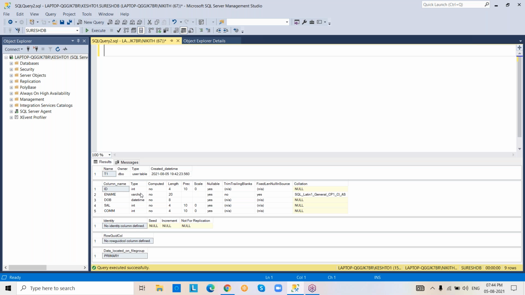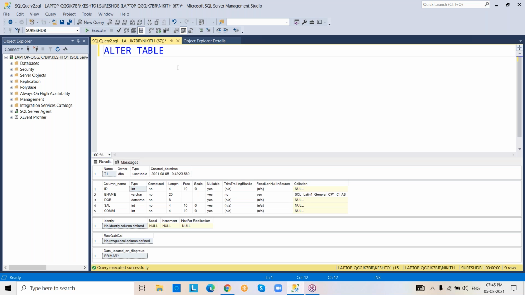In the same way, what is the data type of the ID column? Integer. Suppose at the time of table creation I have given the data type of the ID column as integer. Now I want to change it from integer to character.